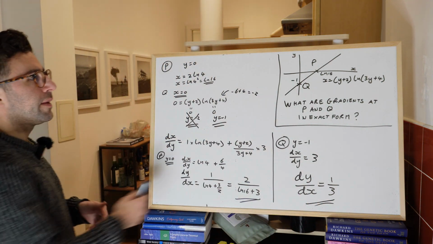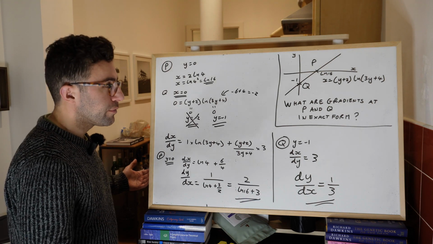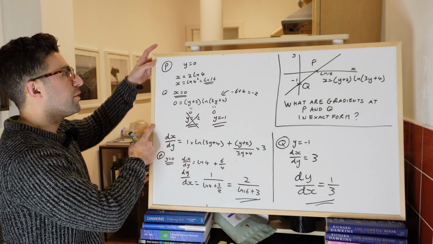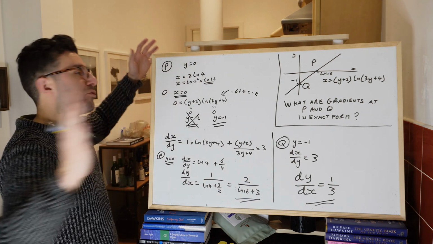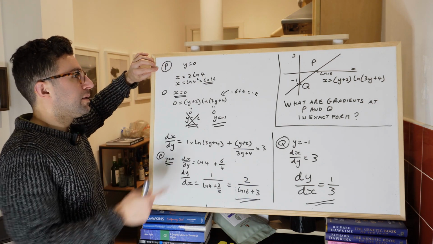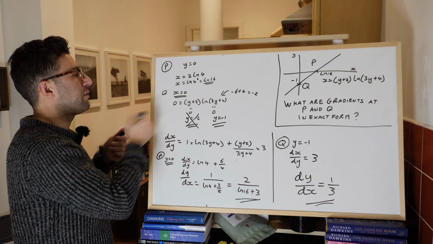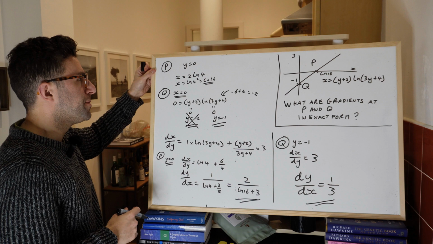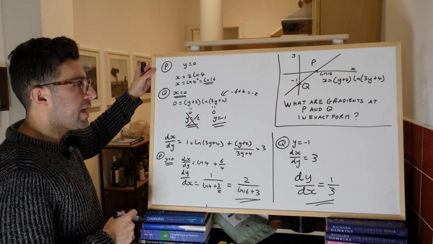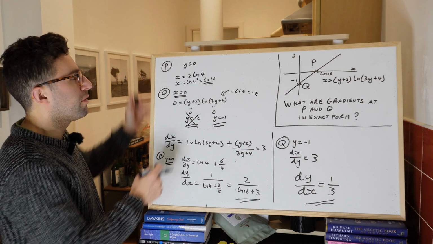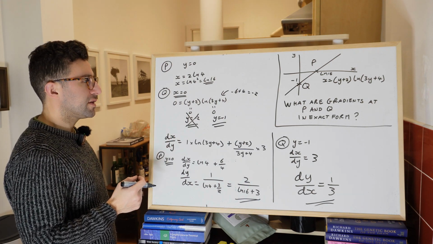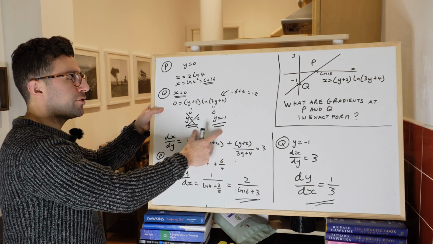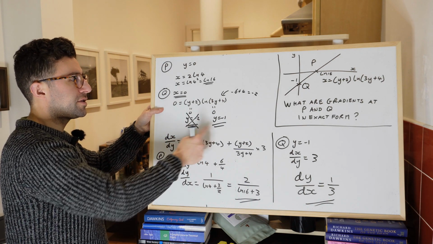Turbo recap. There's an equation. It's given as x equals. What are the gradients in exact form at P and Q? Well, let's find P and Q first. It's where they cut the axis. Good to always remember for any solving. Cuts the x-axis when y is 0, cuts the y-axis when x equals 0. Here y equals 0 is just a subbing in situation, which is reasonably okay. Ended up 2 times ln 4. You don't have to write it as ln 16, that just depends how you're feeling on that day in history. X equals 0, a little bit trickier because there are 2 possible answers and you do need to